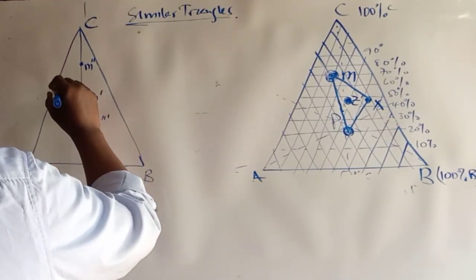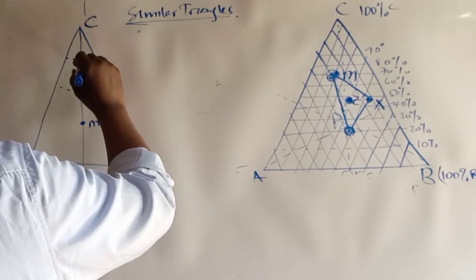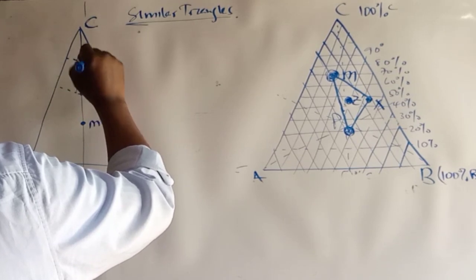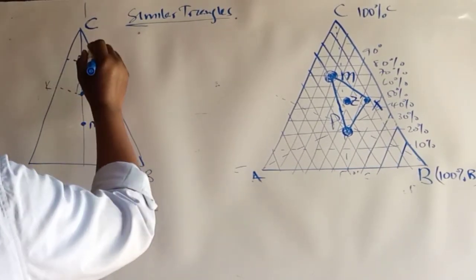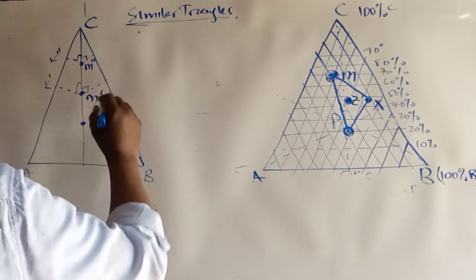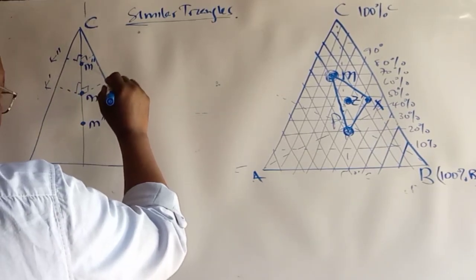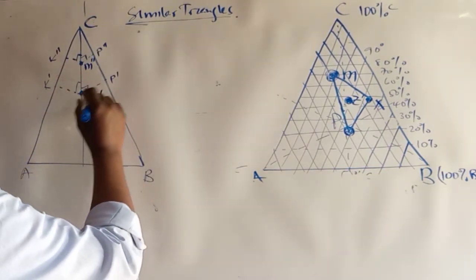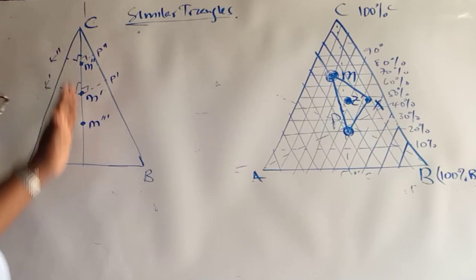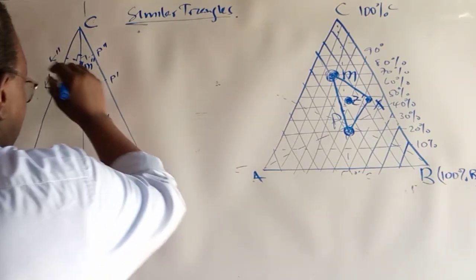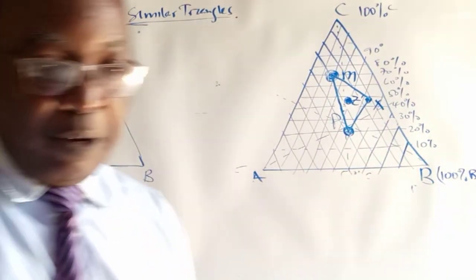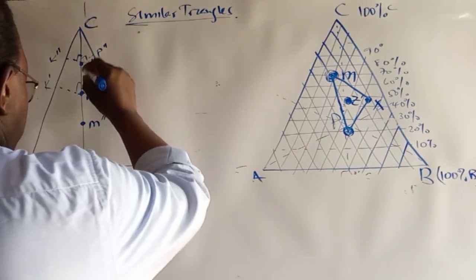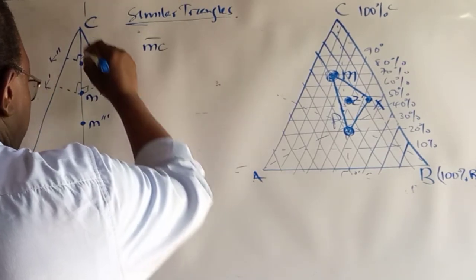So what does it mean? If we draw a perpendicular line from these points, at 90 degrees, let's call this point K prime, K double prime, and this P prime, P double prime. Note that we have drawn lines perpendicular to this main line representing the state points, and based on the theory of similar triangles, which is an important mathematical concept, we will see that